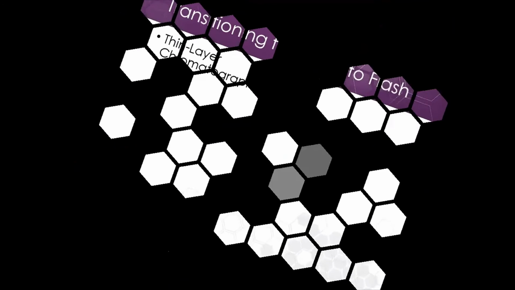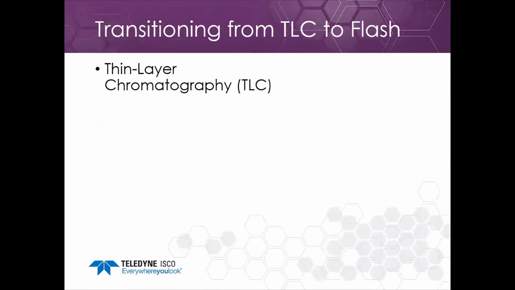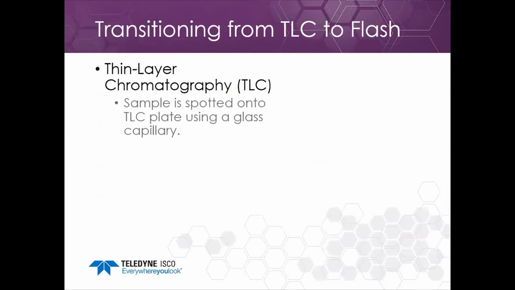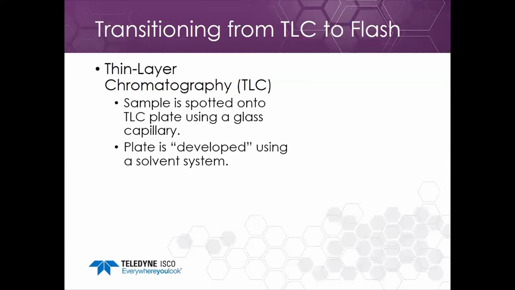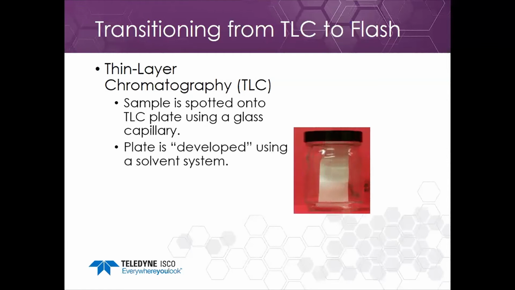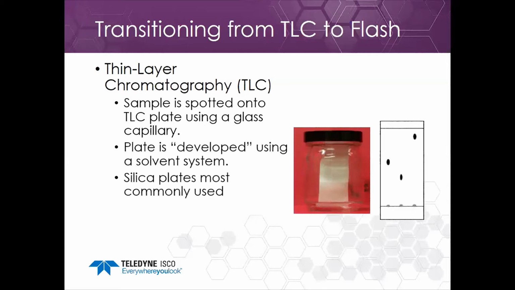So we're going to talk about how we can turn our TLC data into a flash method. Thin layer chromatography is very essential to organic chemistry in the undergraduate labs, so it's something you learn early on. Ultimately what you're doing is spotting a sample onto the TLC plate using a glass capillary, and then you develop the plate using a solvent system inside a TLC chamber, as shown here. Once the solvent has eluted to the top of the plate, or near the top, we mark how far the solvent moved,